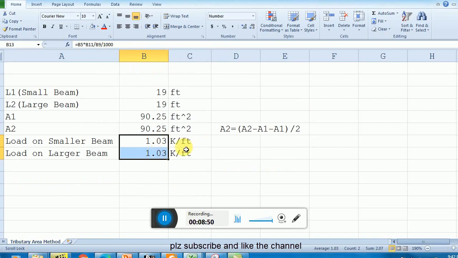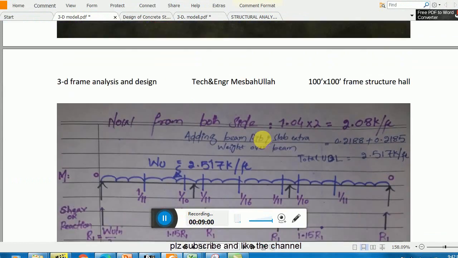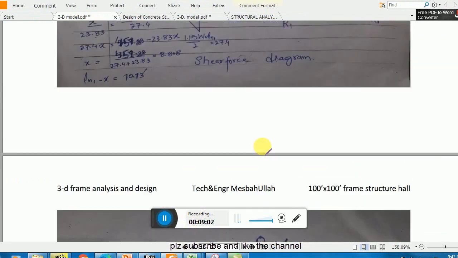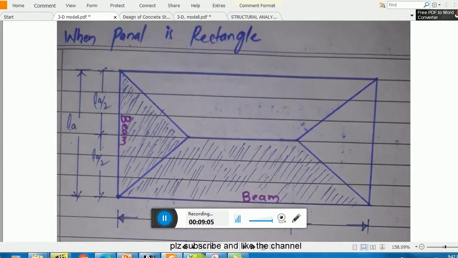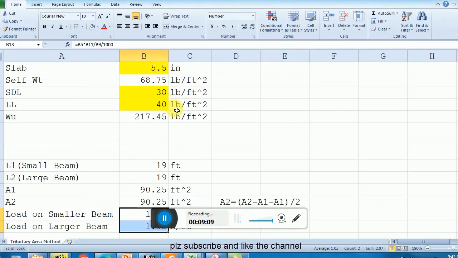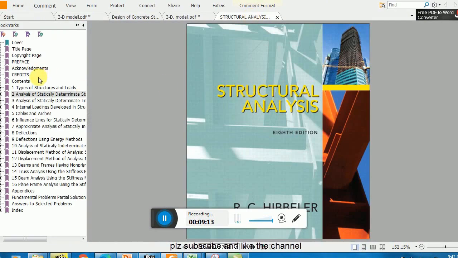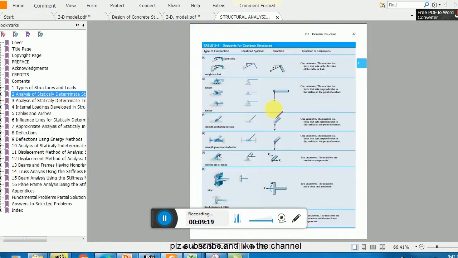So this is okay, 1.03 or 1.04, close. These are my loadings which are basically acting on my beam. This is the way. If for example this is a non-uniform panel, like in this case, it will automatically calculate things. For example, I want to show you from the Hibbeler book, and here we have, I think, in this chapter,